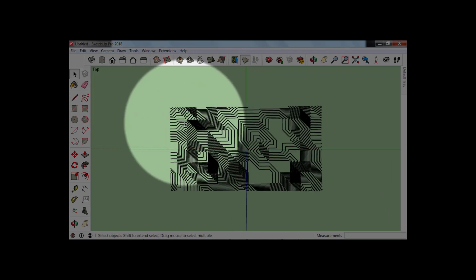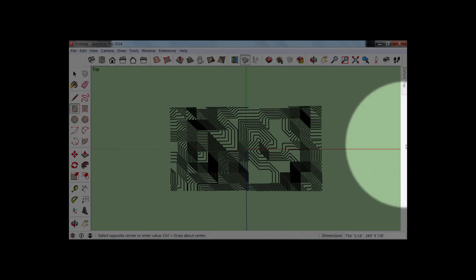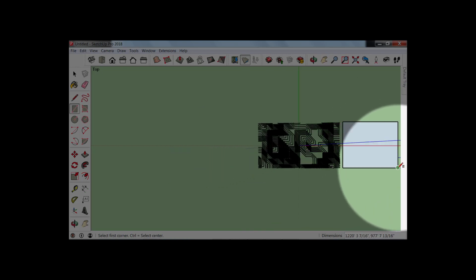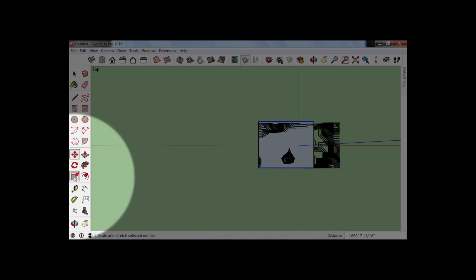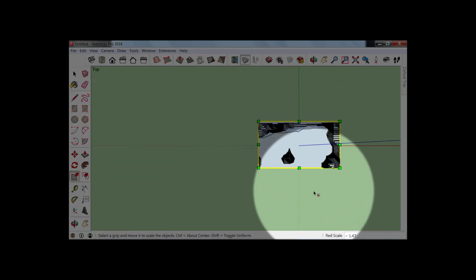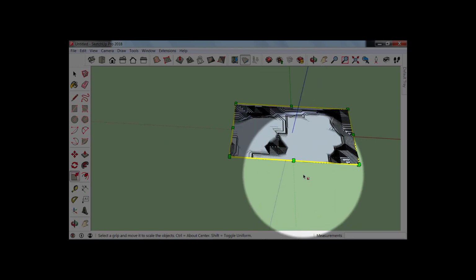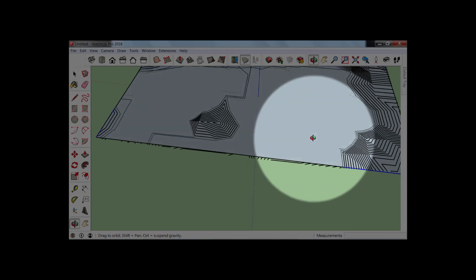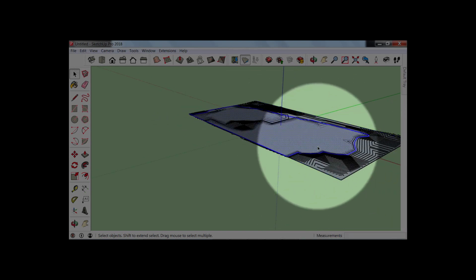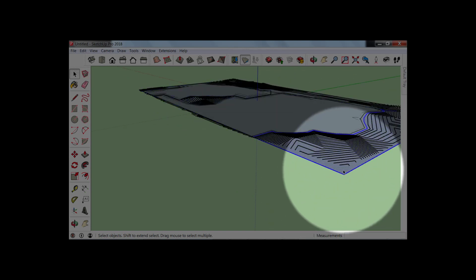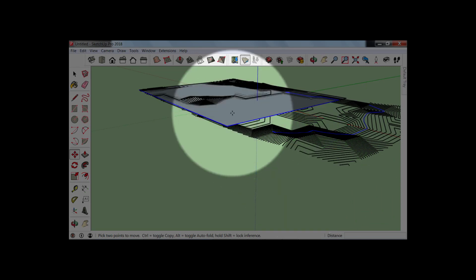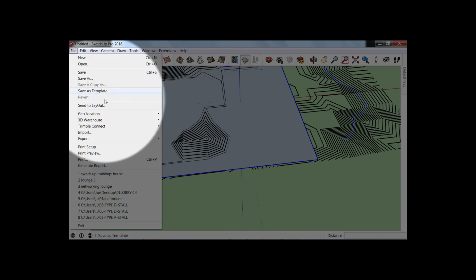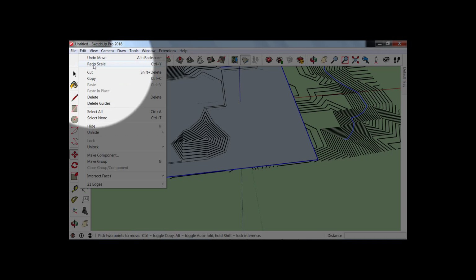I will go to the top view and then draw a rectangle beside. Select it and move it to the side to any one of the edges, and then I will scale it up like this. Now I will move this down. Edit, redo scale.